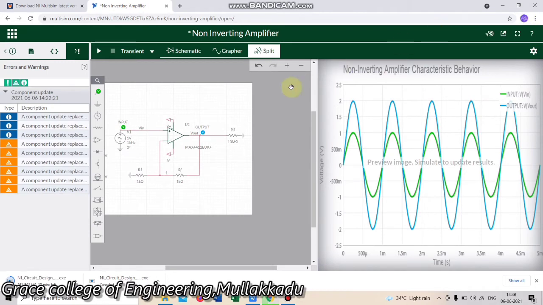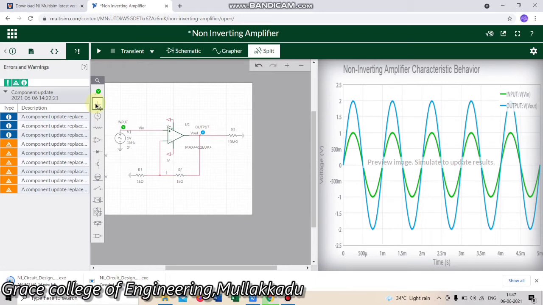Okay, this is the Multisim Live. Here we have to take a sheet and we can place the component which is available here, and we have to just provide connection. Here is a ground, and from this we can give the source supply voltage, and we can take the operational amplifier, diode, BJT, bulb, switch. Similarly, various components are available.